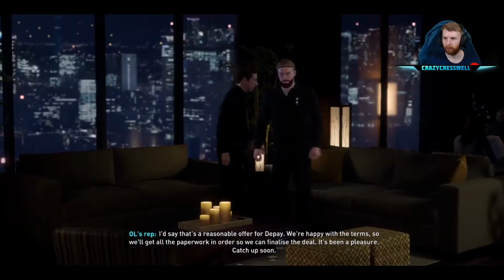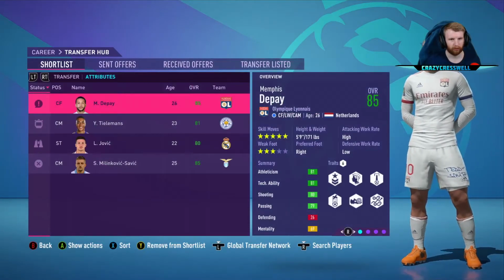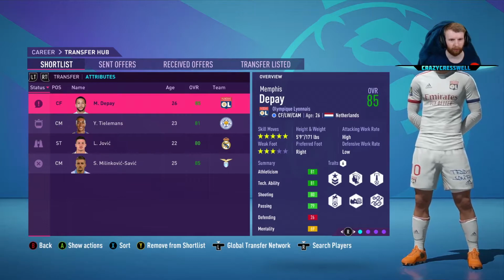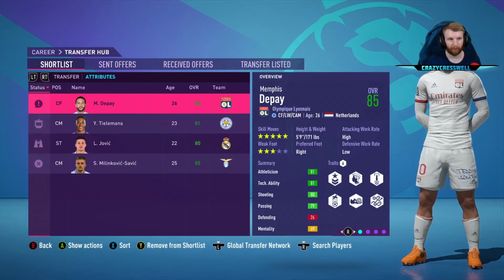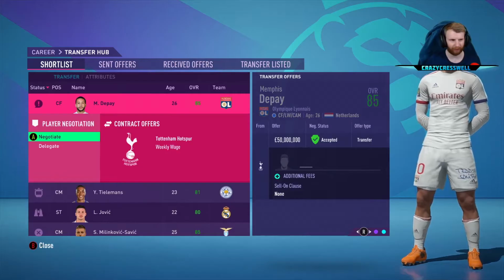What? What? Am I about to sign Memphis Depay for 50 mil? How? How is that possible? Leicester want more for Youri Tielemans than I am paying for Memphis Depay. Wow. Okay, what's your wage? 105 mil. Okay. No, 105,000. I was not expecting that to go through, to be honest. I was expecting to have to go for Jovic, but...